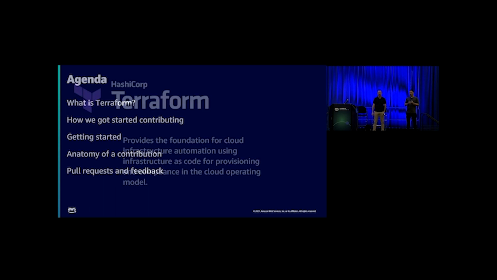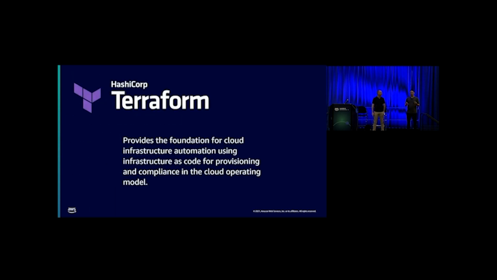So Terraform is an infrastructure as code tool. It allows you to declaratively provide configurations for resources that you want to build. A lot of people think of it as just building cloud resources, but Terraform can really wrap any API. So one of the infamous providers that you may know about is the Domino's provider. Somebody actually went out and wrote a Terraform provider so that you can order a pizza using Terraform. So it's not just for cloud infrastructure. It could be used for literally any API.